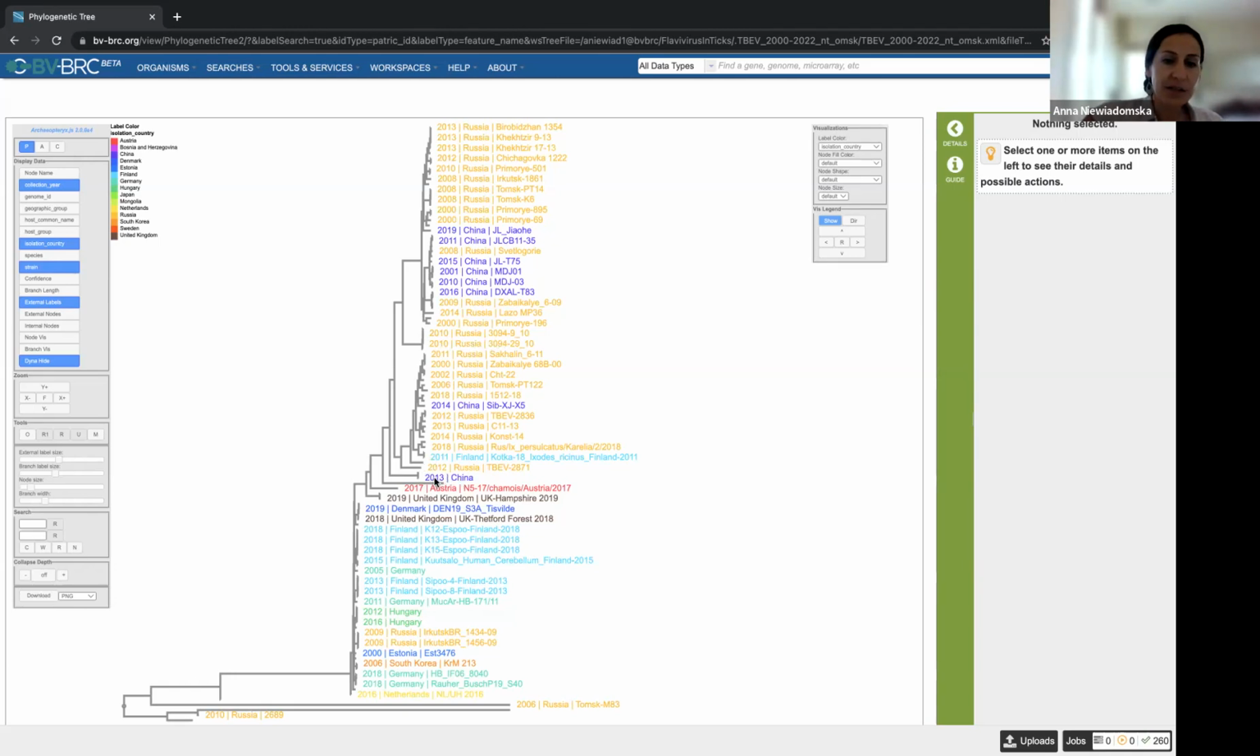This one that was isolated from Tibet in 2013, or the Tibetan Highlands. And then we've got this strange one from Austria, and a couple other more divergent ones down here. If you want to zoom into a particular node, you can click on that node and you can either collapse it if you're not interested in it,